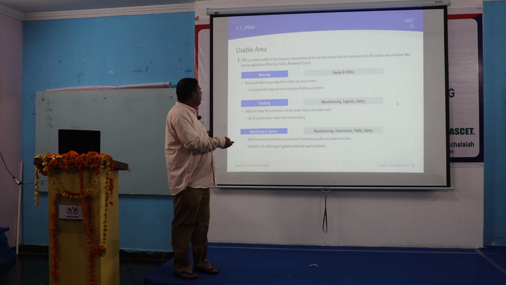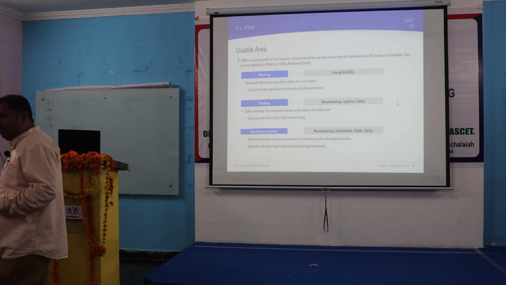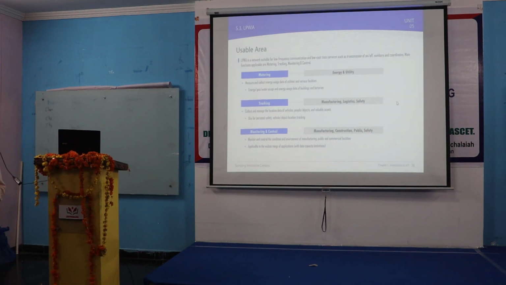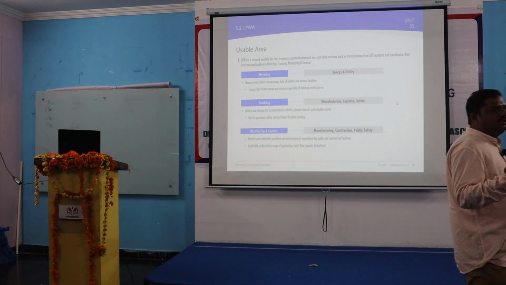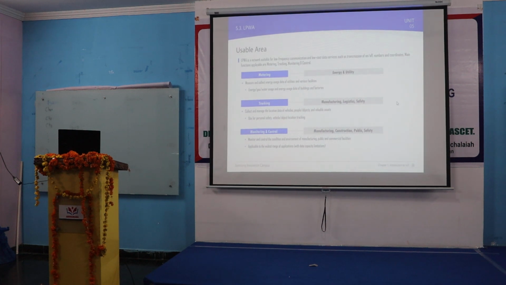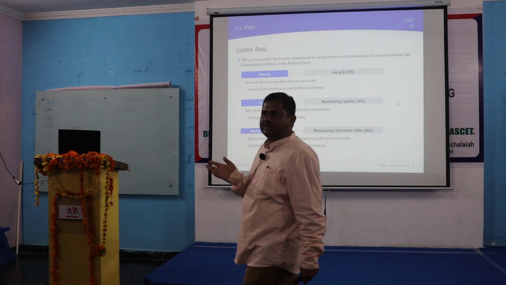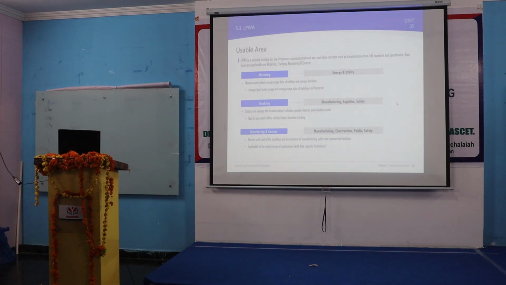Usable area: one thing is very important here, as I have given an example to you, private IoT as well as public IoT. Private IoT is my own home automation. Public IoT is where anybody can access, like railway station Wi-Fi access, for example. Railway station data, as madam said, Google Maps is public. Anybody can see what the traffic is over there, publicly. But what is happening in my home, what is in my fridge, is nobody else's business. So I need to know what is the privatization and what is the public requirement.